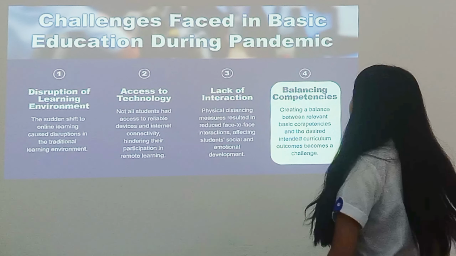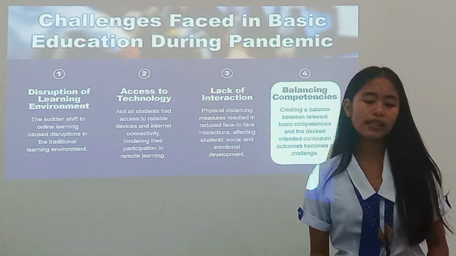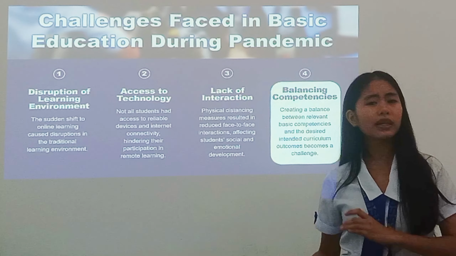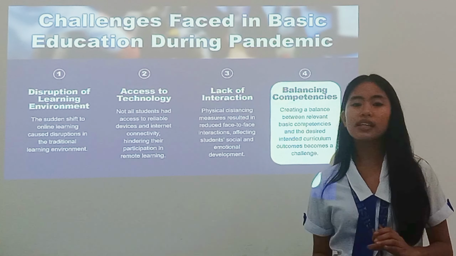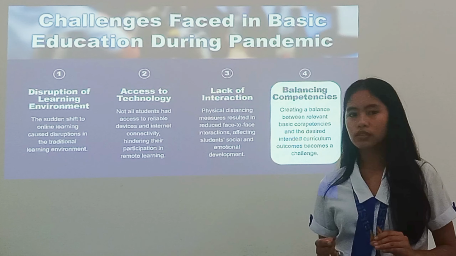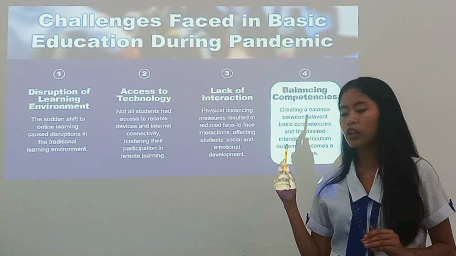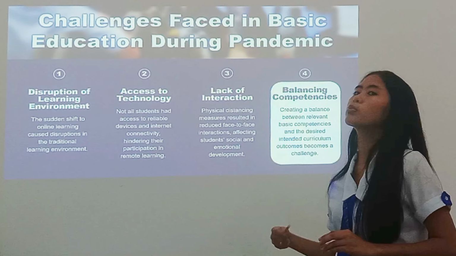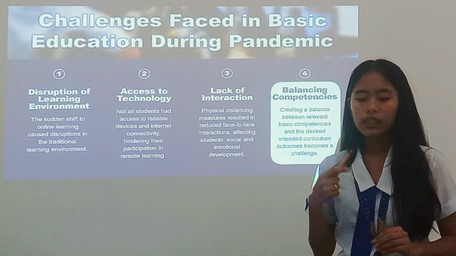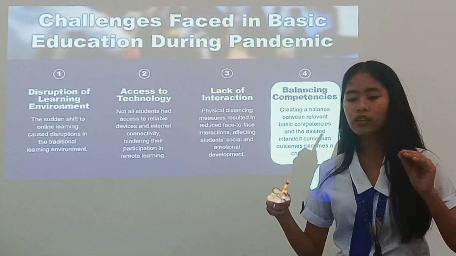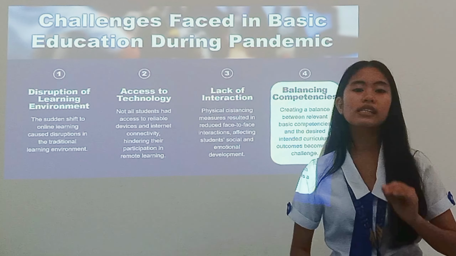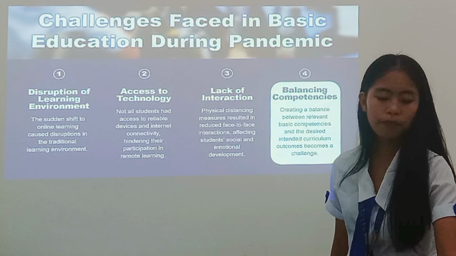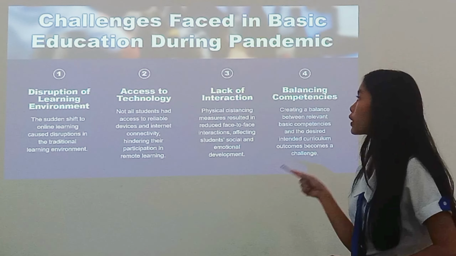Last is balancing competencies. Creating balanced competencies between relevant, desired, and essential learning outcomes became a challenge because the modalities became limited, right? Online classes require internet connectivity, and self-learning modules require printers and such. So it came to their minds to balance what could be the essential competencies to include in the basic education of the students. These four challenges